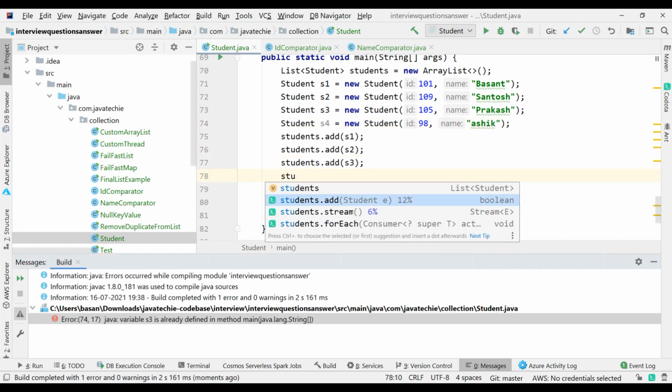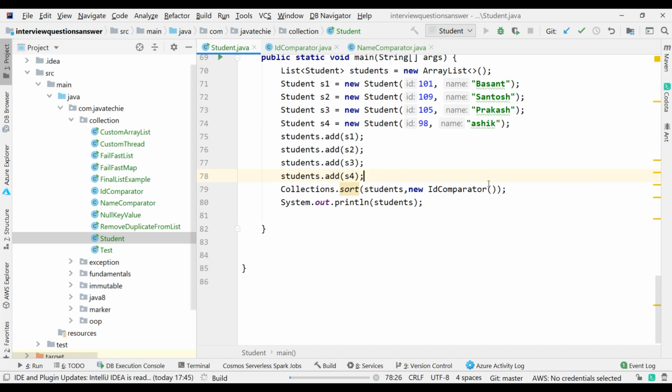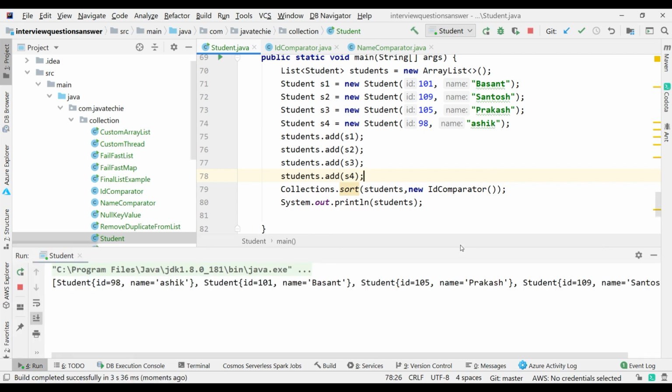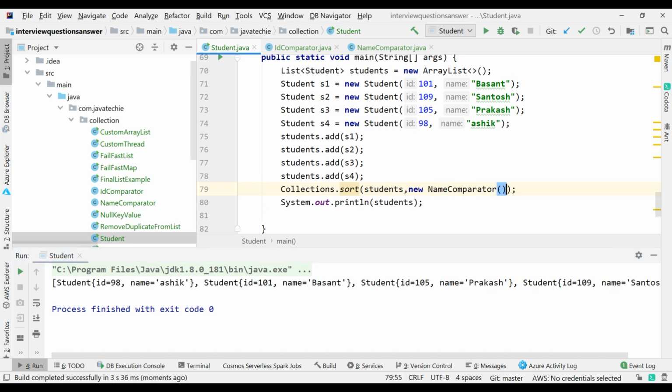Students dot add S4. Now let's run this. It sorts based on the ID, right? Now if I want to sort based on the name, again just change it to the name comparator. Run it.